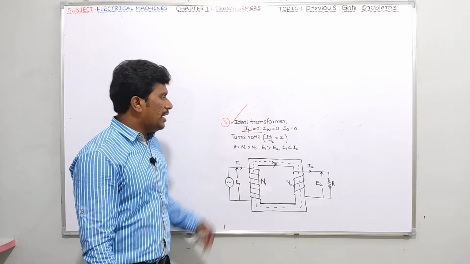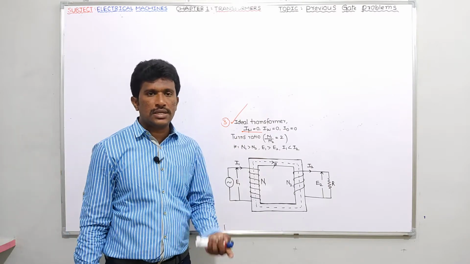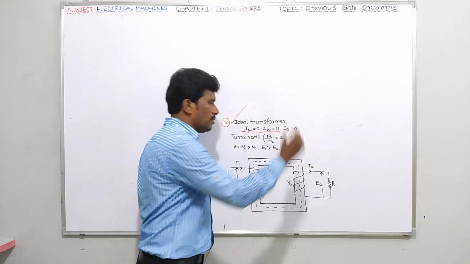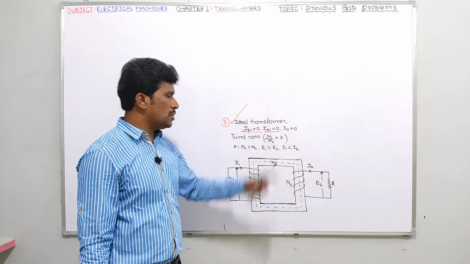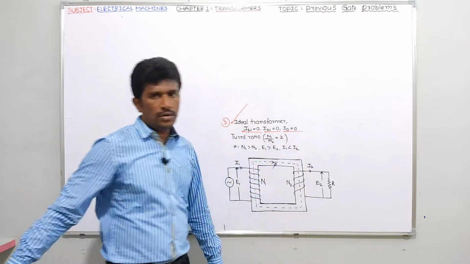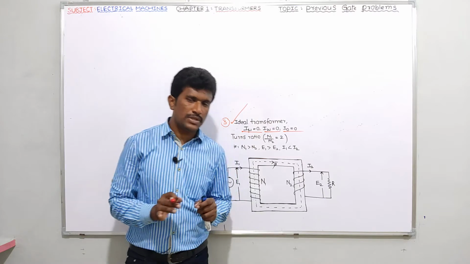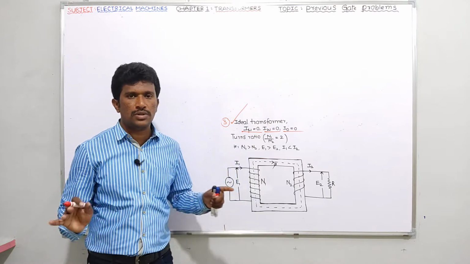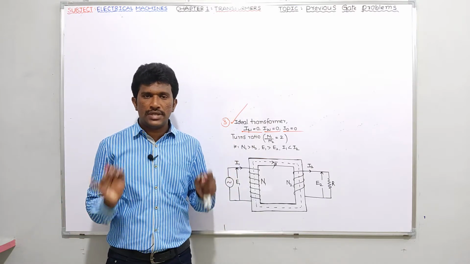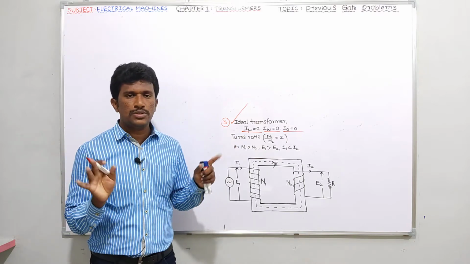For an ideal transformer, core loss will be 0. IW is used to represent core losses, so I can take IW also equal to 0. If IM is 0 and IW is 0, I0 is the vector sum of IM and IW, so I0 also will be 0. Very good. Please remember, guys, in solving any previous GATE, ESE or PSU questions, if it says ideal, blindly keep the I0 value 0. I0 is 0, IW is 0, IM is 0.